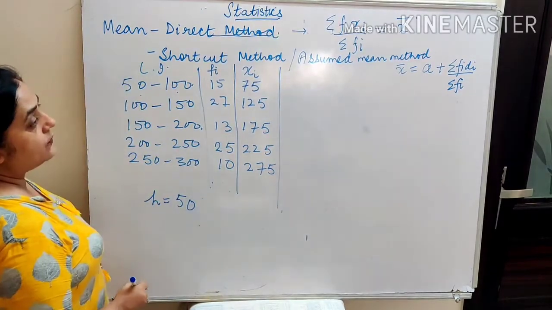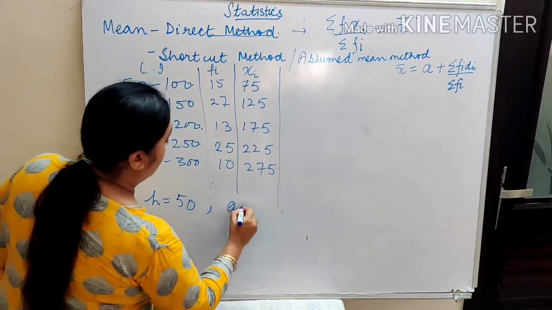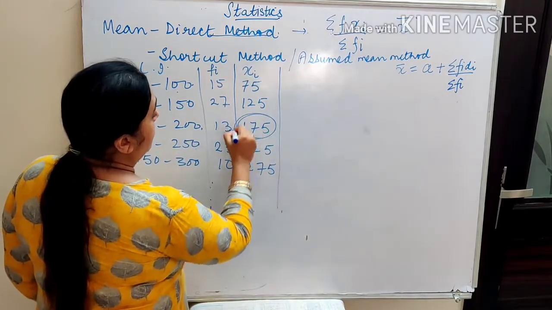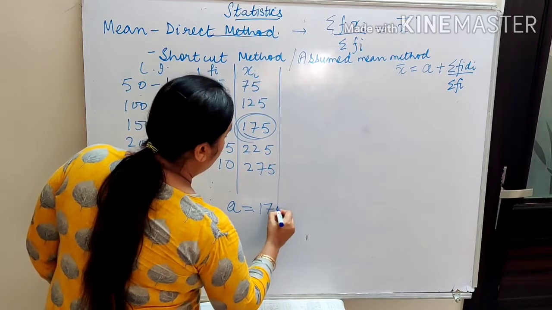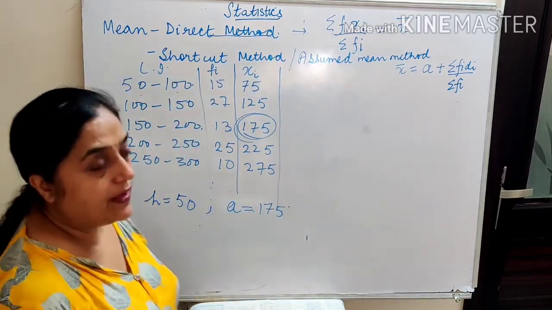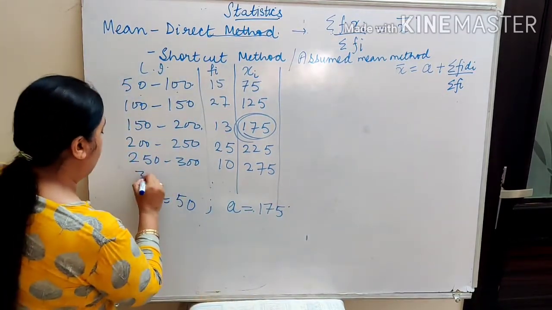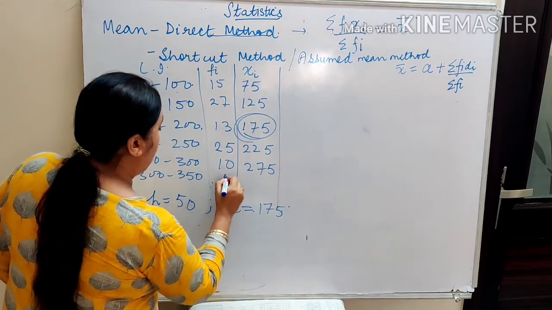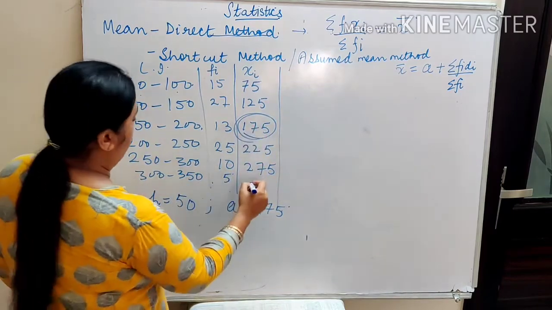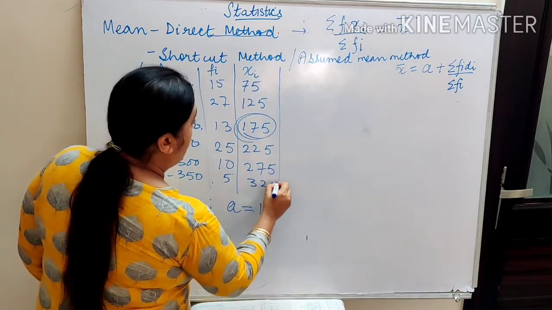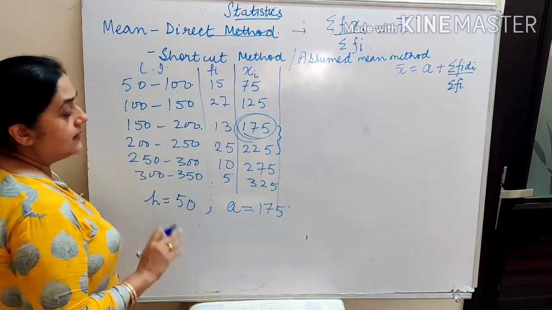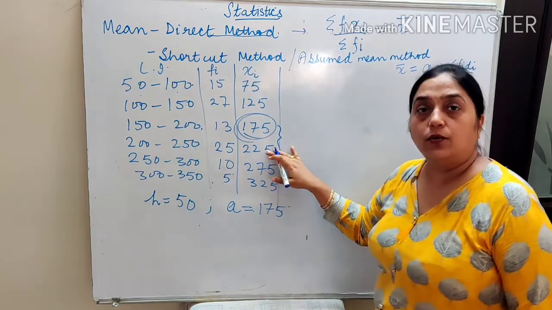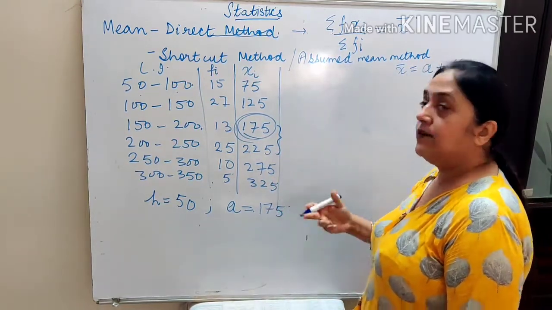So when you are assuming the mean, what I told you people, that you will be assuming the middlemost value. So middlemost value is 175. So let us take 175. In any other question, I can take up another, because some of you must be wondering, ma'am, what will happen when we have two middlemost values? That is up to you, whether you want to take 175 or you want to take 225. So let us see, I have taken 175.